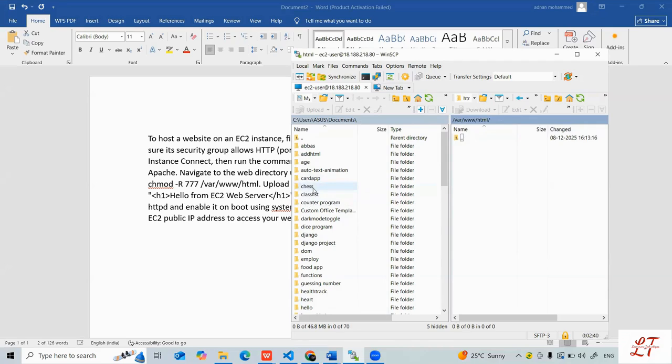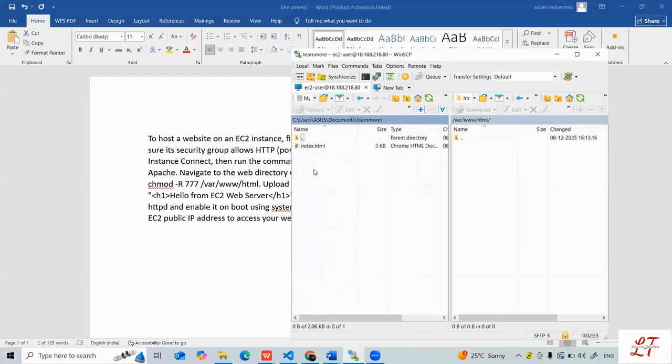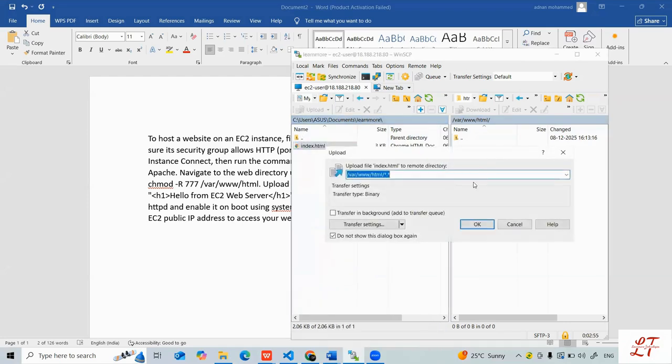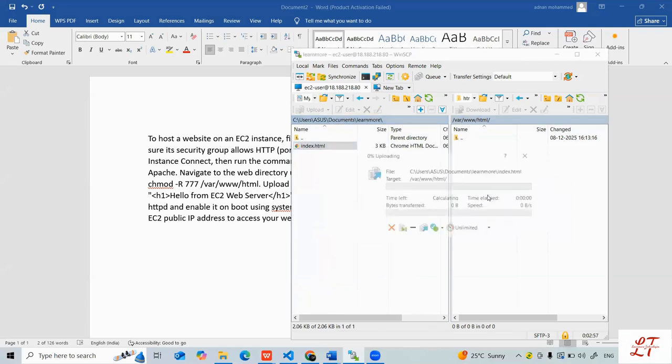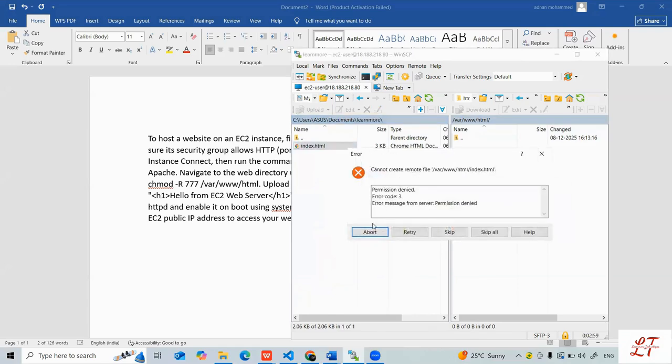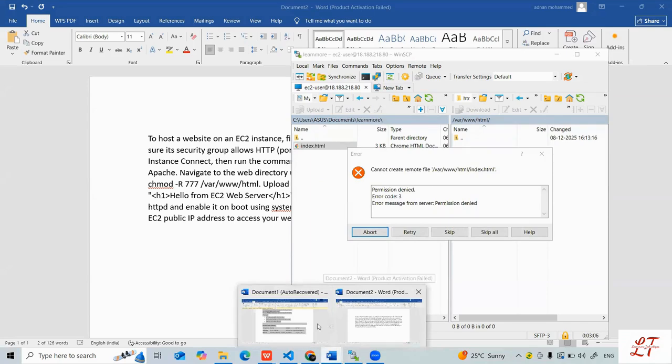And now I'm gonna go to, so this is my website here. I'm just gonna copy paste here and then click OK. Permission. Okay, so here the permission is denied. So what we're gonna do is give chmod on my terminal.